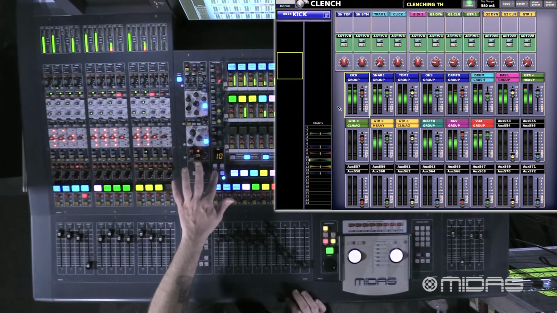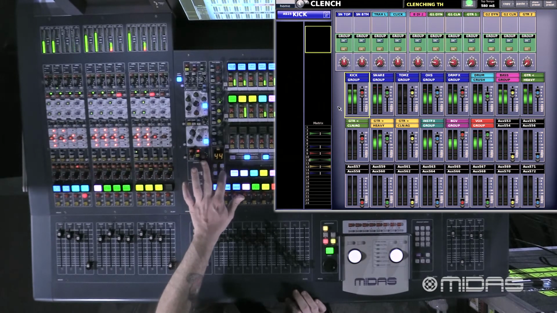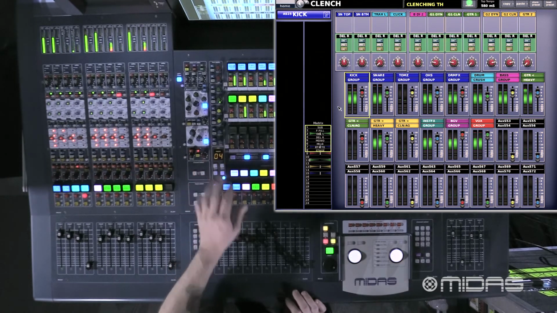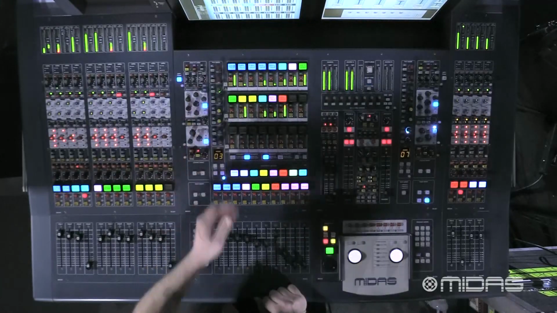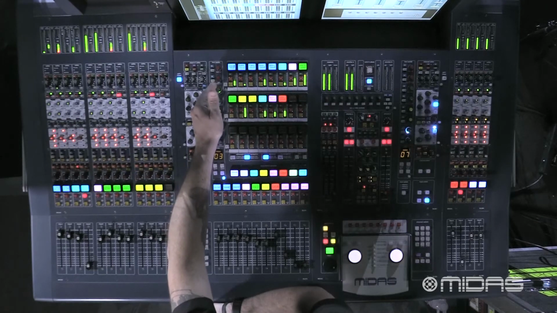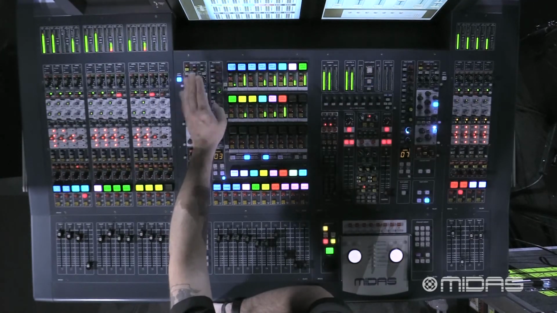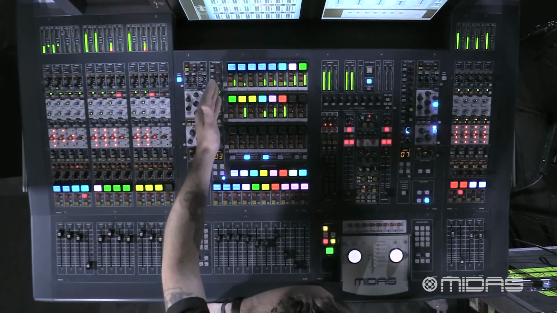So let's scroll down to matrix 3. We can bank through in groups of 8 to quickly get there. As you see, once we get 1 through 8 on the screen, it denotes the name, and you see all that information right then and there to easily know exactly which matrix you're going to. So let's scroll to matrix 3. As you see here on the 8 encoders, number 3 is illuminated,